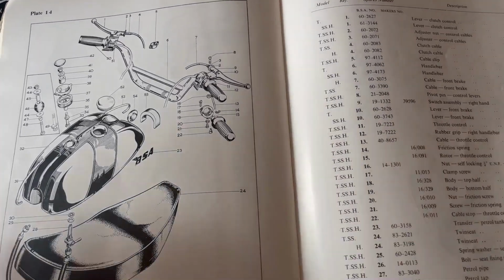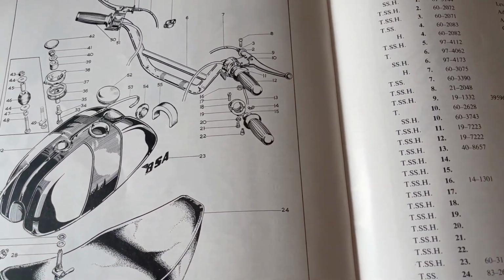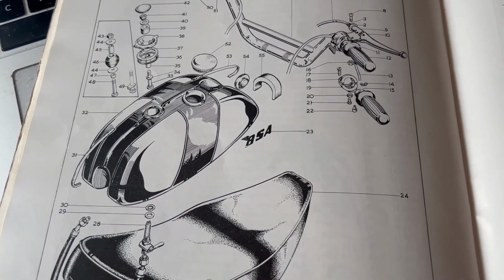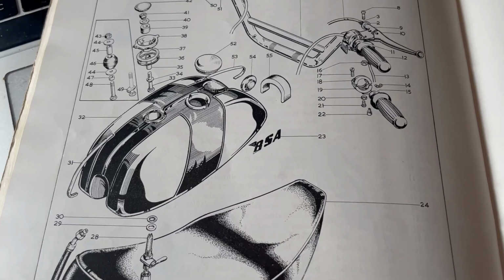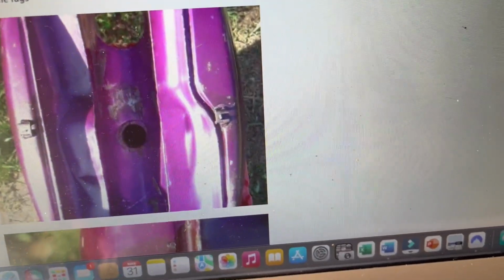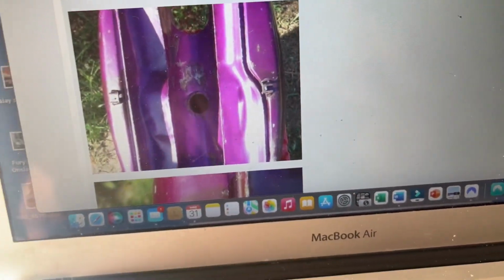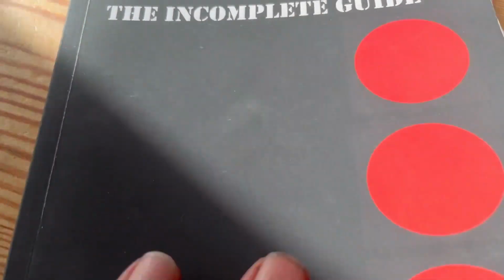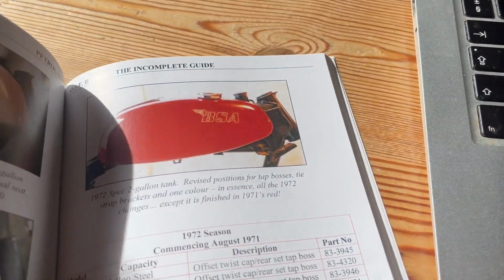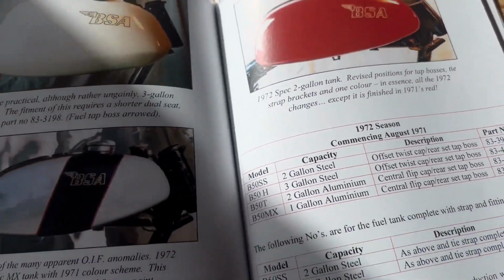Well, here's the parts book, just checking on whether there was a tie strap listed in the 71's parts book, and the answer is no. So, had a look on the b50.org website, and there's an article in there which definitely shows the same lugs for a tie strap. And investigating further and digging out Brad Jones' excellent book, B25 B15 Complete Guide, then it is mentioned in there in that